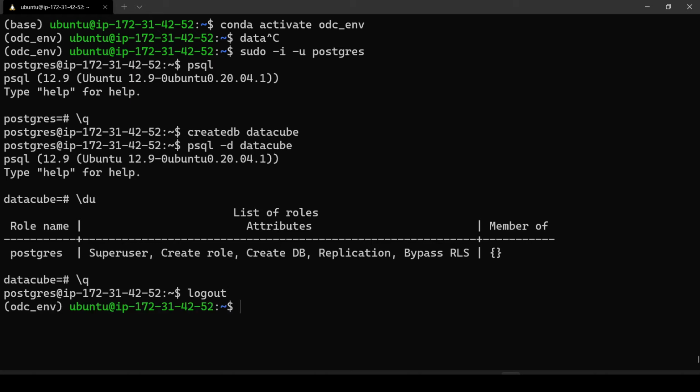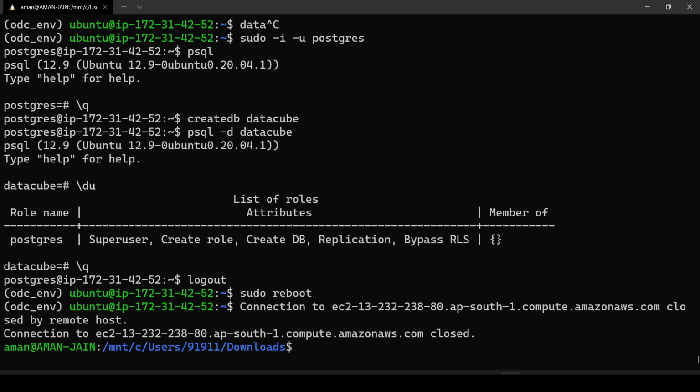Just to confirm that everything is fine, we can do sudo reboot and restart, because we haven't done it after installing all the libraries. It is best practice to reboot your system once you've installed many libraries. So let's click enter.